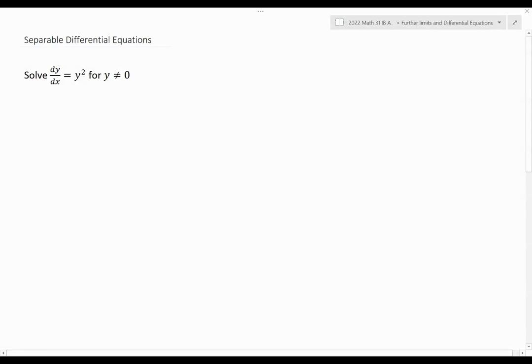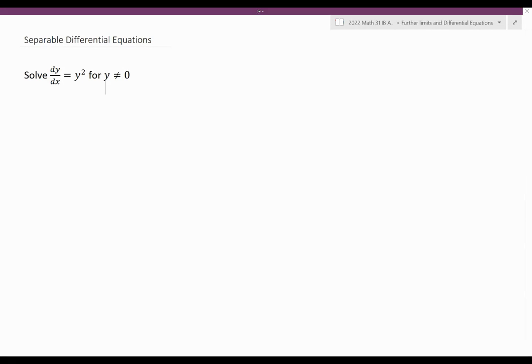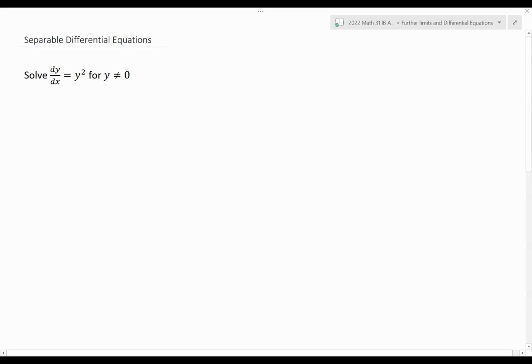Everyone. In this video, we're going to look at solving separable differential equations. So that's a differential equation in which I can separate one of the variables from the other variable, and each expression, so an expression of y will be with its differential dy, and an expression for x will be with its differential dx. So essentially, I create an equation where I can integrate both sides with respect to the two